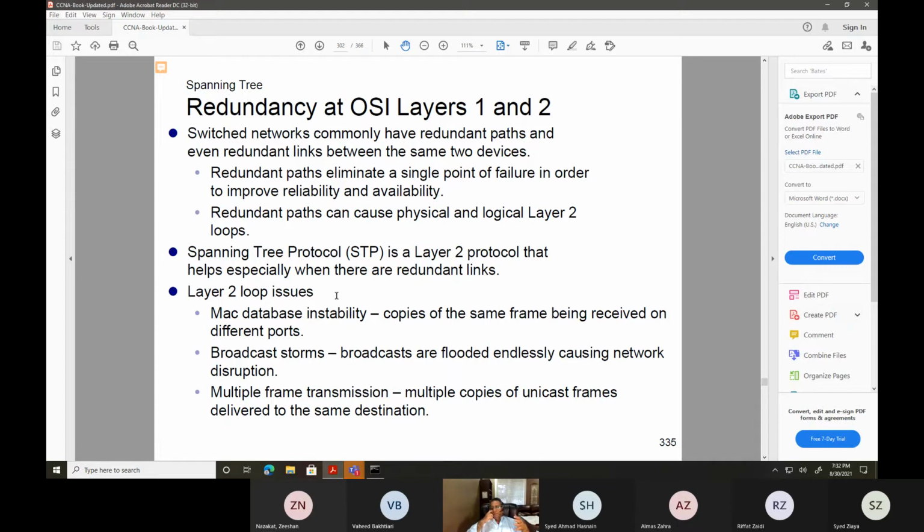So the only reason they're doing it in STP is basically if you have two redundant paths to get to the destination, then there is always a problem of a loop getting created, right? Because from one end you're getting information that, hey, I know how to get to this, and then from the second path, the other router is also being told, hey, I also know how to get to it. So there is always a chance in the layer two environment to create a loop. In order to avoid this layer two loop issue, STP was introduced.